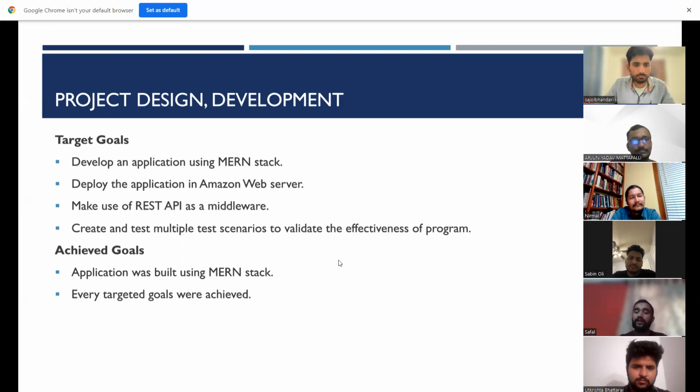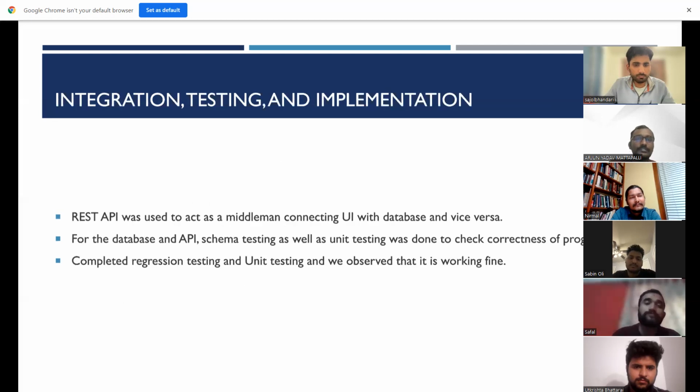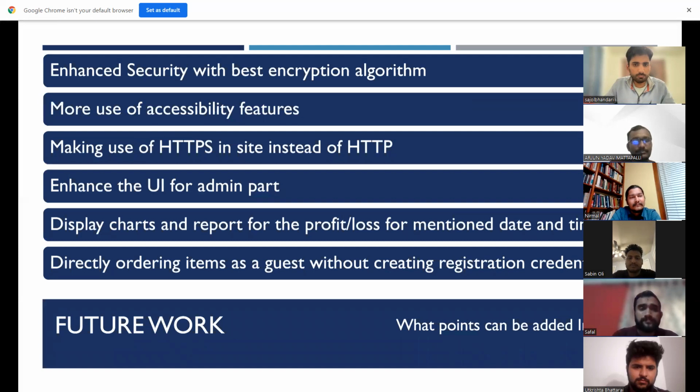And also we have, next slide please. Also, we have used SHA-256 right now for our algorithm. And next slide please. So this will be our future work. As we can see,